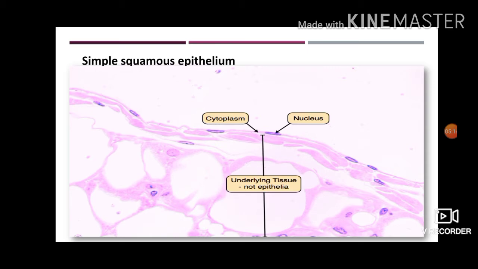Now where is this type of epithelia present? They are present at the inner surfaces of all blood vessels. Dear students, blood vessels are present in our body. There are arteries and veins which carry oxygenated blood and deoxygenated blood. So the inner linings of these blood vessels are made up of which tissue? Made up of simple squamous epithelium tissue.